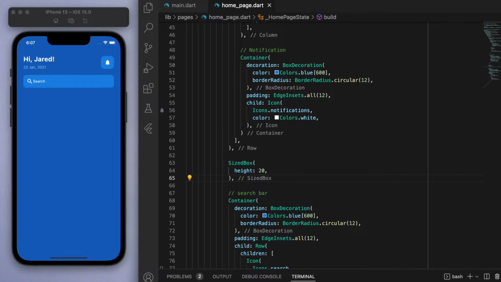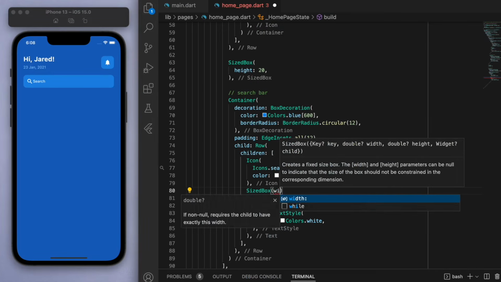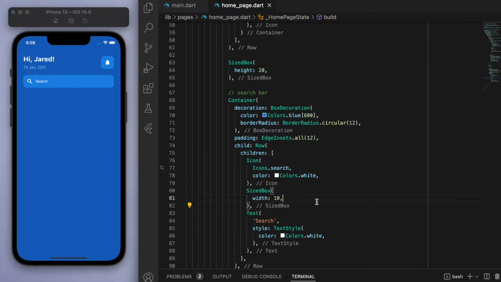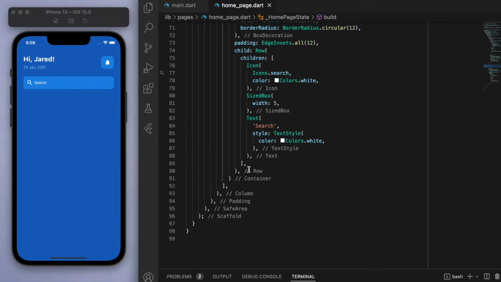and we need a sized box between the row. Sized box. Maybe 5. Cool, looking good so far. Maybe we can make this sized box 25. Now let's copy this sized box and